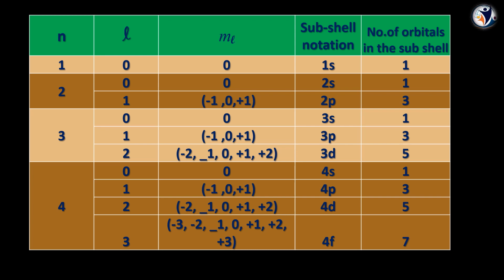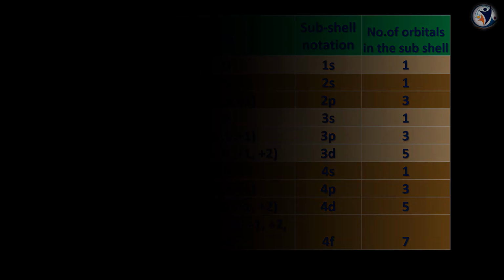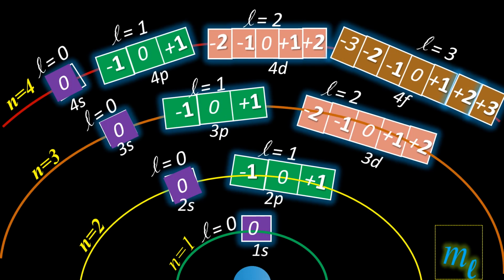Children, just try to practice this. By observing this, try to note down all the values. I will demonstrate with a picture now. See here, observe very carefully, children. This is the nucleus for us. This is the first shell. In this, I have only one subshell, which has the value L equals 0. That means, see the degenerate orbital. I have mentioned all the degenerate orbitals with a single box over here.